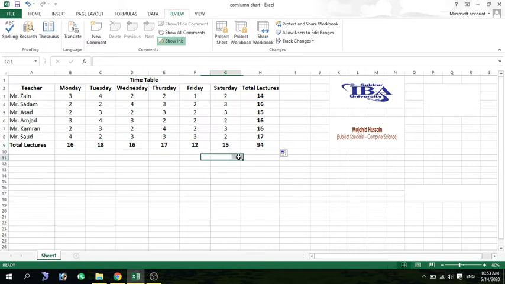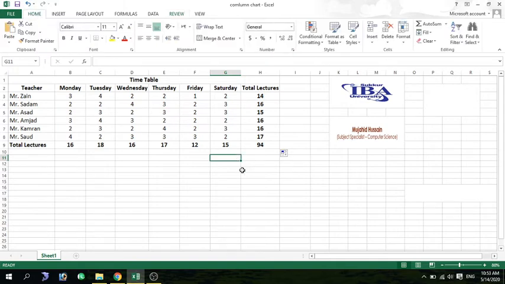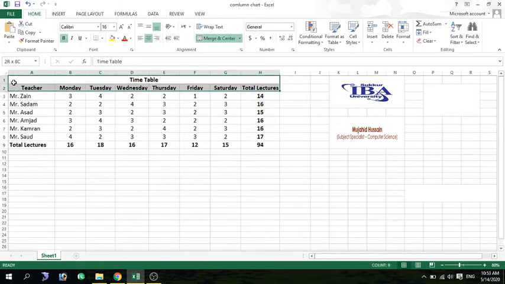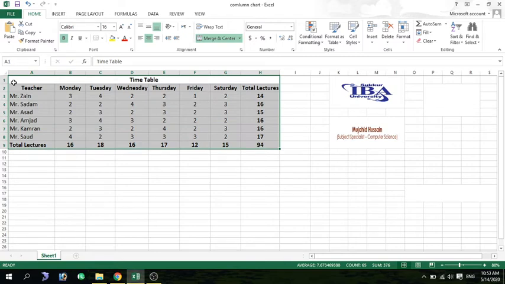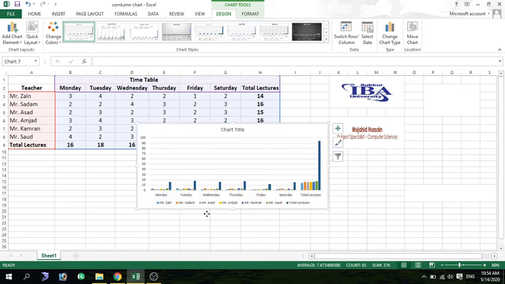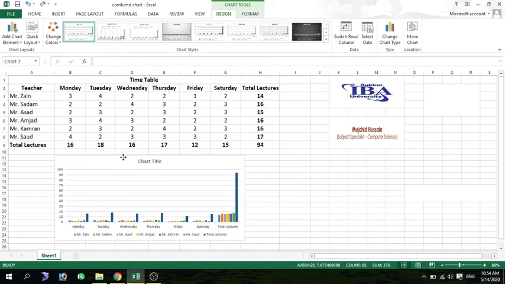Now we have the data numerically present here, and now we want to see it as graphically represented data. For that, just hold the Alt key and then press F1. Before doing this you have to select the data and press Alt plus F1, and then you will find the recommended chart which is suitable for your data. So select from the corner, otherwise your data will be misplaced.